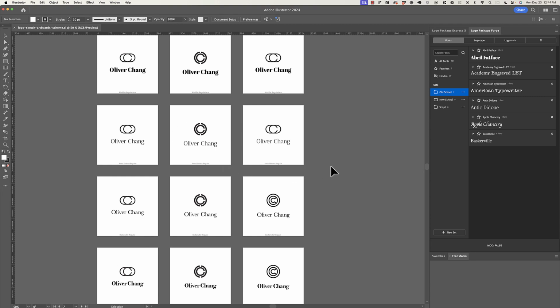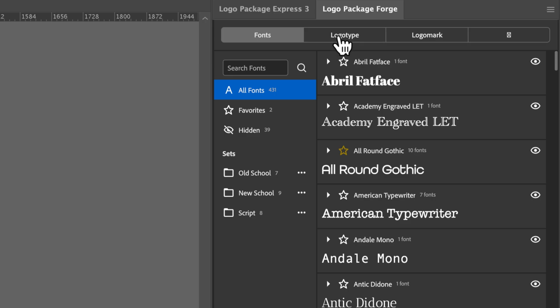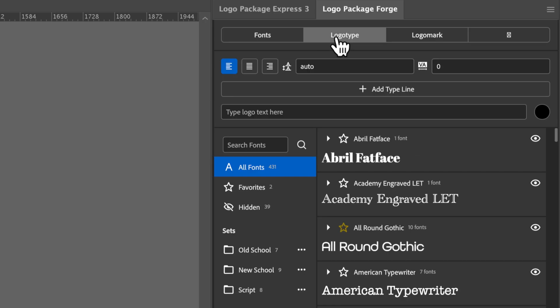So today's update is all about the UI because all we had access to in the first devlog was these sort of font features. But now basically the rest of the UI has been completed. So I'm just going to give you a little tour of that, even though we don't have the functionality built yet. So if we go to the Logotype tab, then we can see we have some settings for generating these